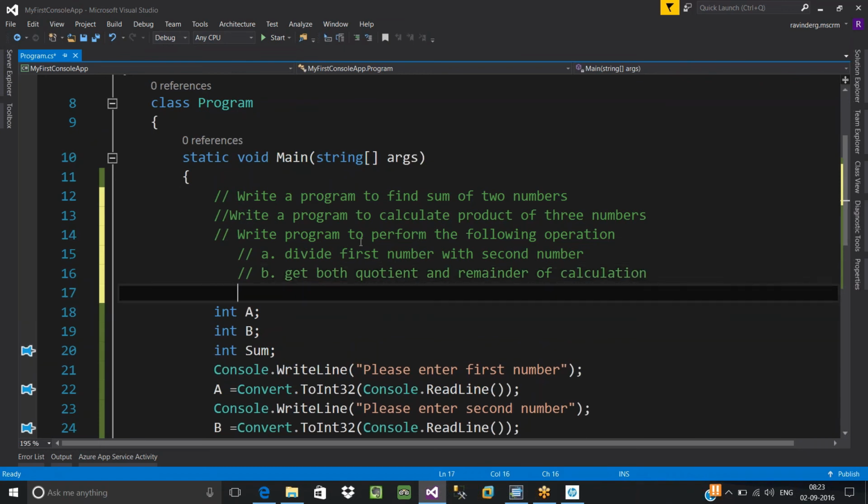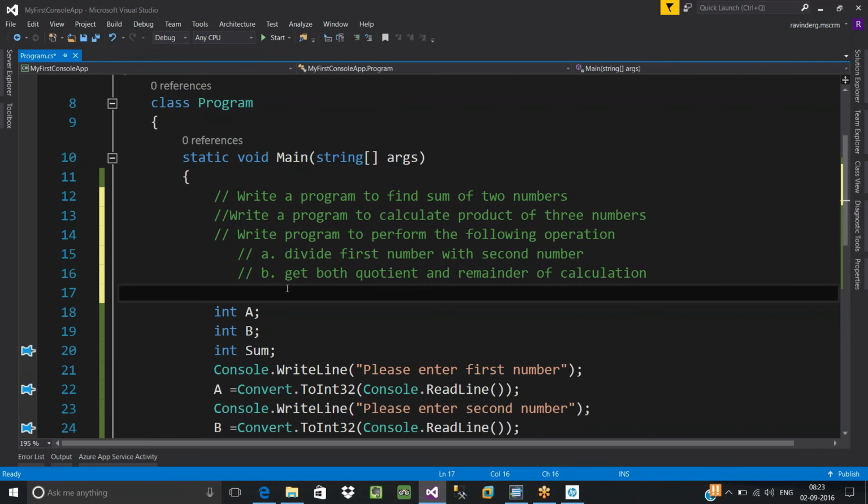You would be needing four different variables. Two for input, one for the first number, a second variable for the second input. Coming to division, division always generates two different results. In case of addition, subtraction, multiplication, you can expect only one result. But coming to division, it will produce two different results: quotient and remainder.